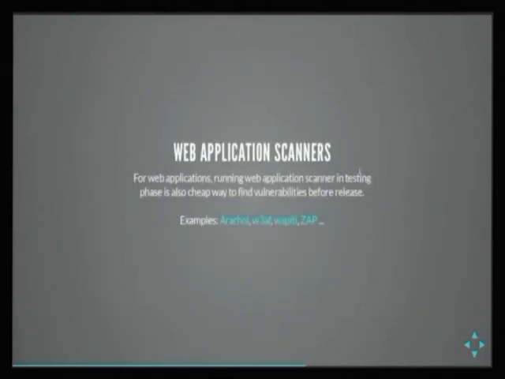If you're testing a web application, it's a good idea to set up a scanner. That's also a cheap way to find vulnerabilities. However, they're pretty dumb. They have their inherent deficiencies. They basically don't know anything about the application, so it's black box testing. And since they're automated, they're not very creative. So they can try usual attack vectors like cross-site scripting, but you never know. That's a good smoke test, though.